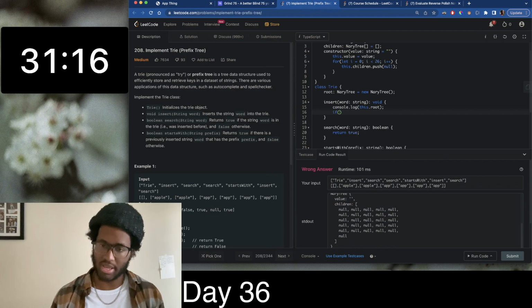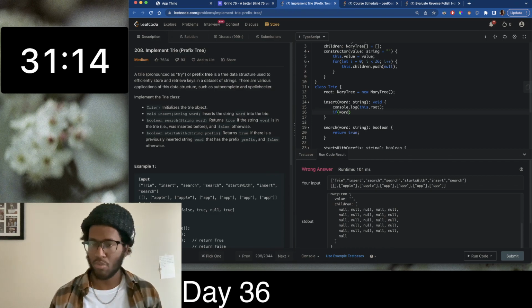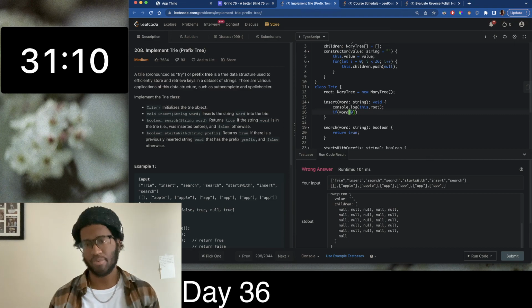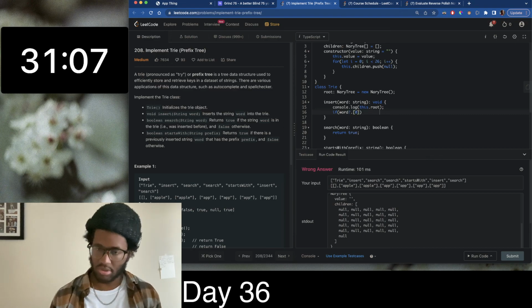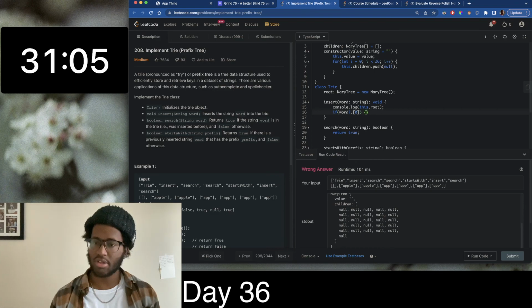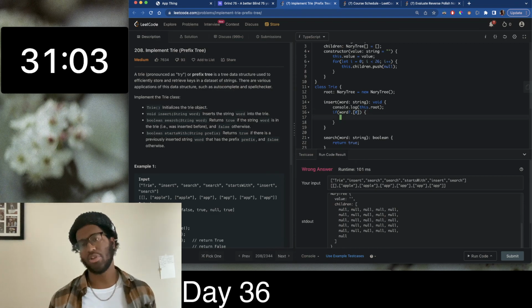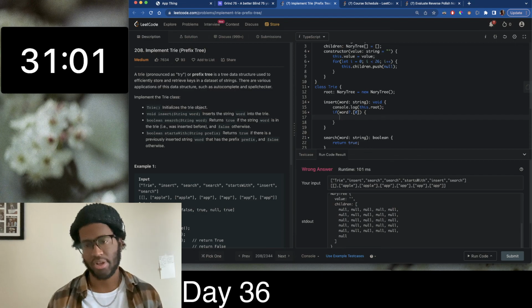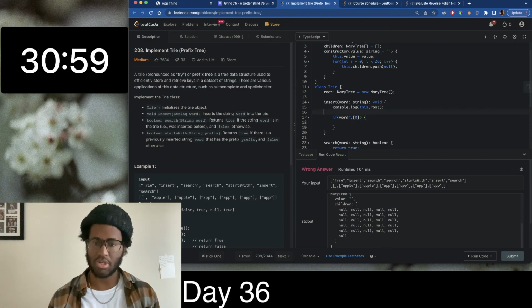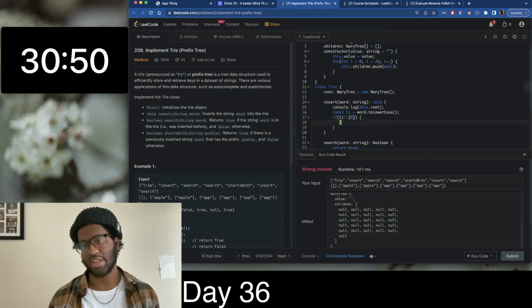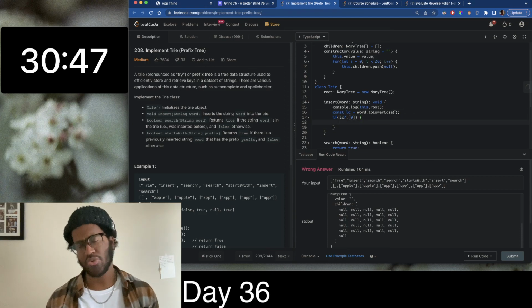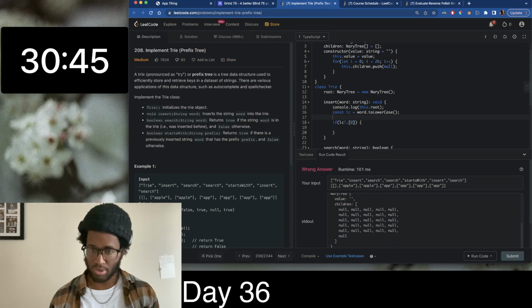We'll say if word[0] exists, then what are we going to want to do? Actually, we can also do const lc equals word.toLowerCase(). And then we'll say if lc[0] exists, then what we're going to want to do is we're going to have access to